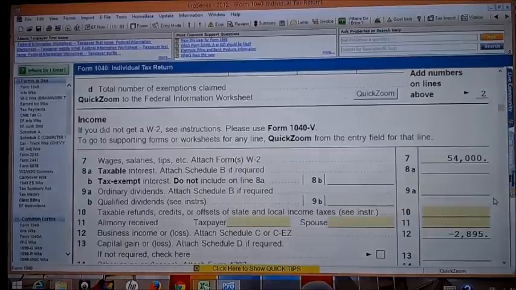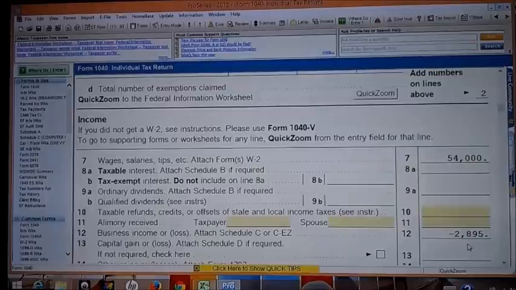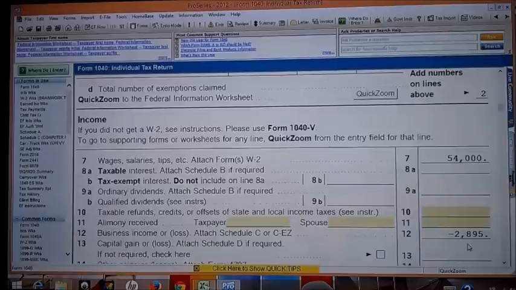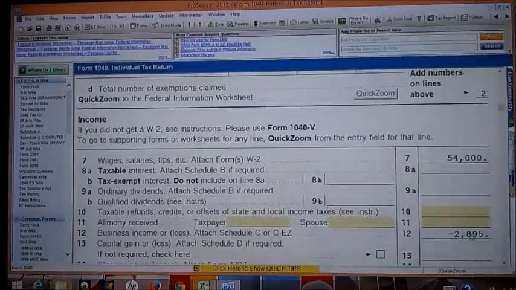Okay, $54,000 from earnings, from his wages. Negative $288.95. It's net loss from his business, sole proprietorship. And this is heavily due to his mileage and all his legwork, drumming up business, going back and forth,